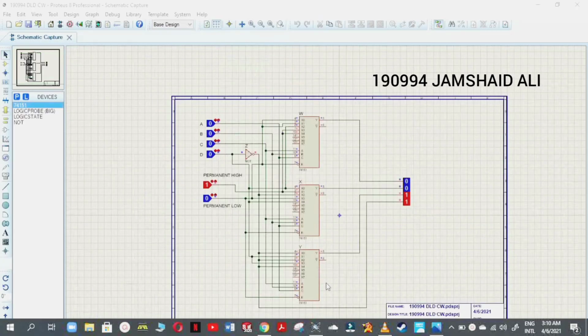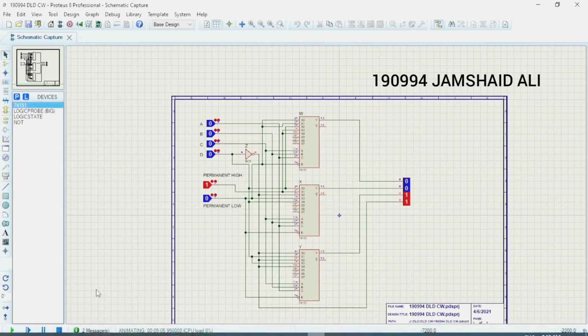Now we are going to run this circuit. If we want 5 here, we have to apply 2 here. If we apply 2, such as 1 0 meaning 2, then we will have 1 0 1 on output, which is 5.